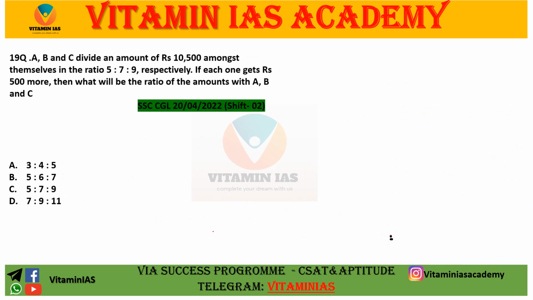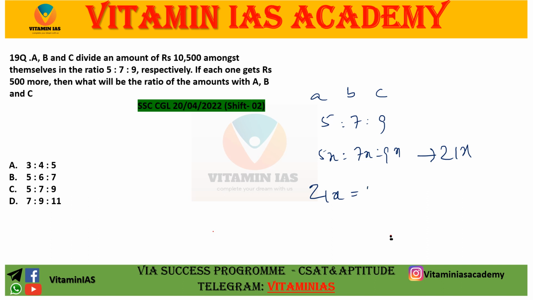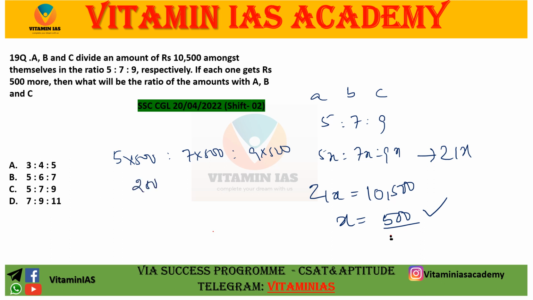Here is the 19th question. A, B, C divide an amount of 10,500 amongst themselves in the ratio of 5:7:9. So A, B, C, 5:7:9, means 5x, 7x, 9x. Total amount is 21x. So 21x is equal to 10,500. So x is equal to 500. Here 5 into 500, 7 into 500, 9 into 500, means here 2,500,